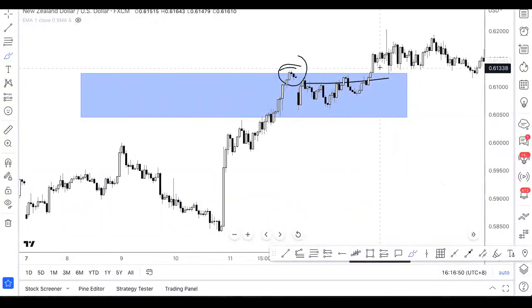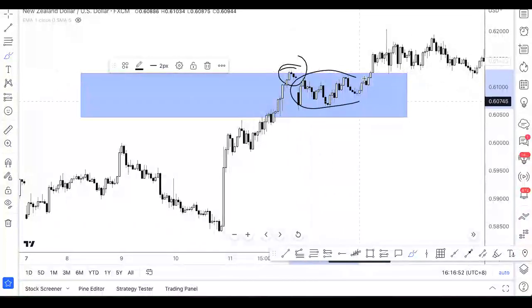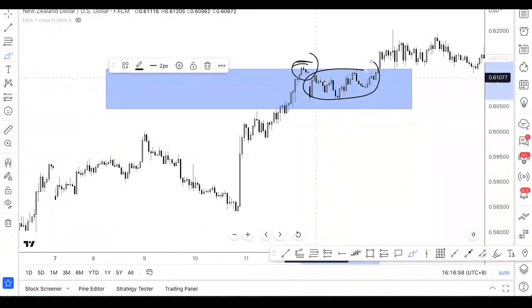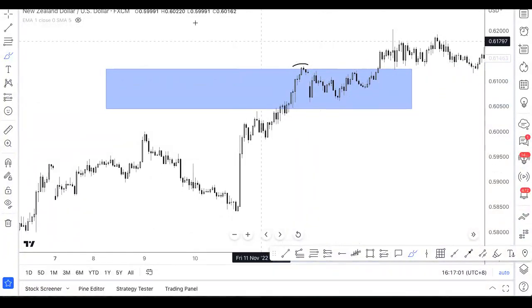Which is why, for me, when we have a candle on the higher time frame holding below the wick of the previous candle, this is when it shows that there's consolidation across the lower time frame. And these areas can serve as support zones. So if you were to go back